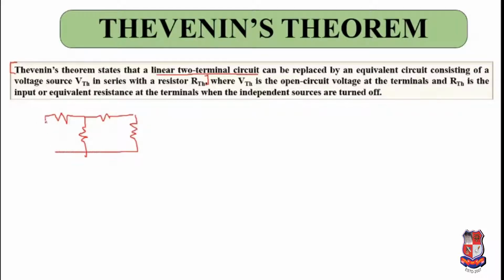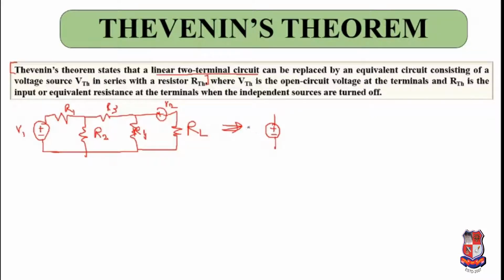and here there is one voltage source. Suppose I name this as V1. And there is another source over here, and this I name as RL. This I name as R4. This is R3. This is R2 and this is R1. So it states that this whole circuit can be replaced. This is V2. This whole circuit can be replaced with one voltage source, that is VTH,